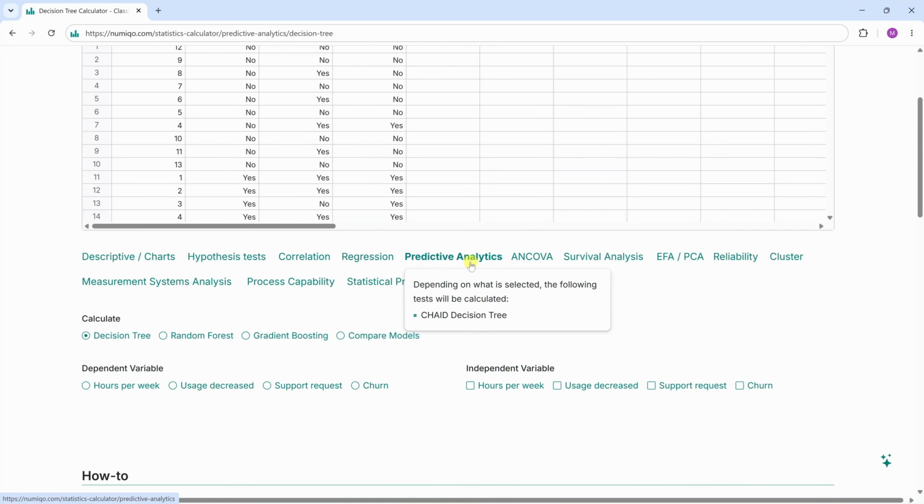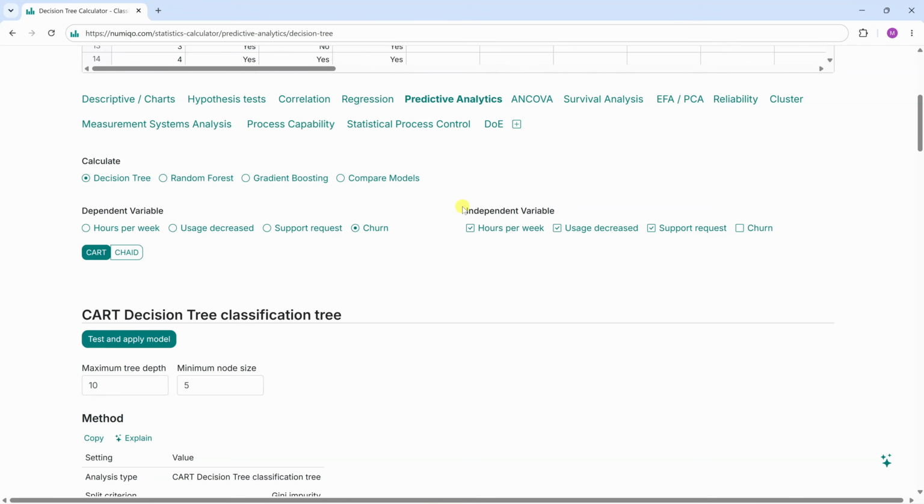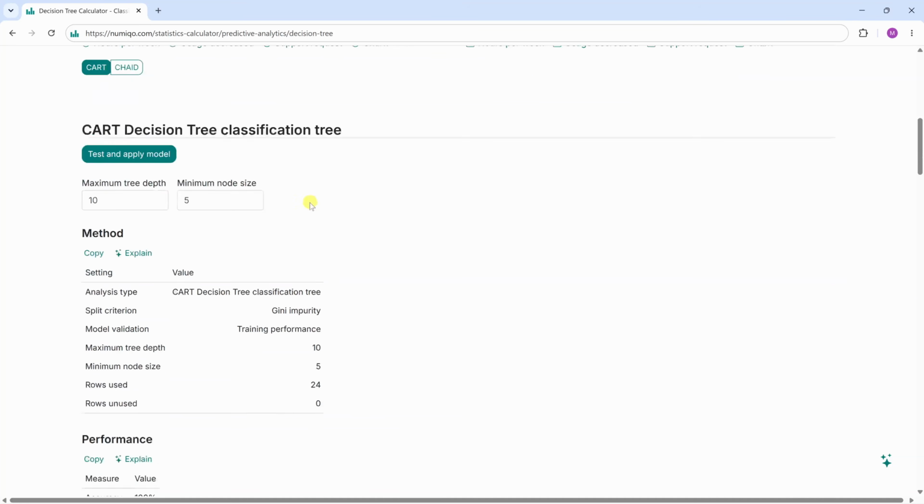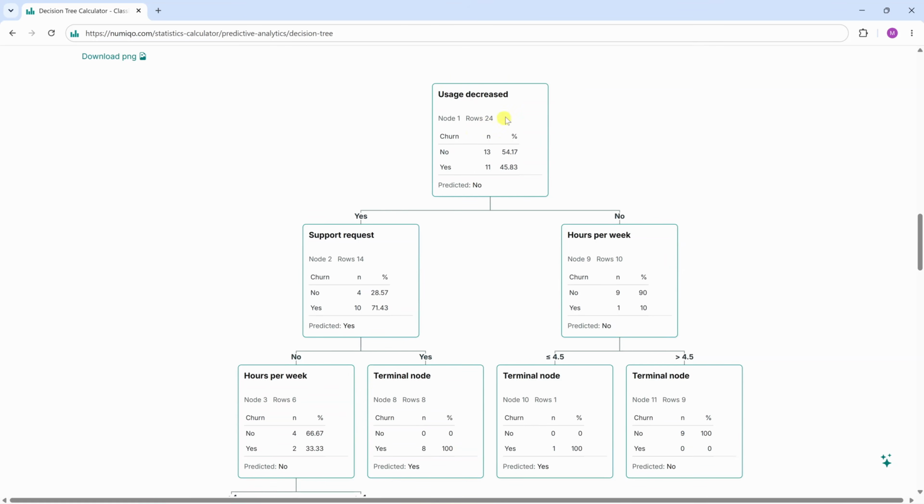We click on Predictive Analytics. Then we select churns as the dependent variable. This is the variable we want to predict. We select the other 3 variables as independent variables. These variables should be used for the prediction. Now we can see the complete decision tree here. The algorithm starts with the variable usage decreased. This means, in this dataset, this variable provides the best first split. So the tree first splits the customers into 2 groups: